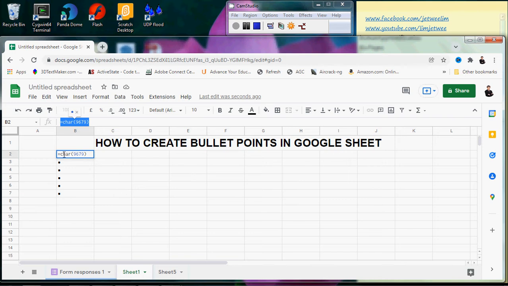Instead, I'm using the equal character, and I'm using the character function to call out the bullet point symbol, which actually is 9679. After I type in this, just hit enter,